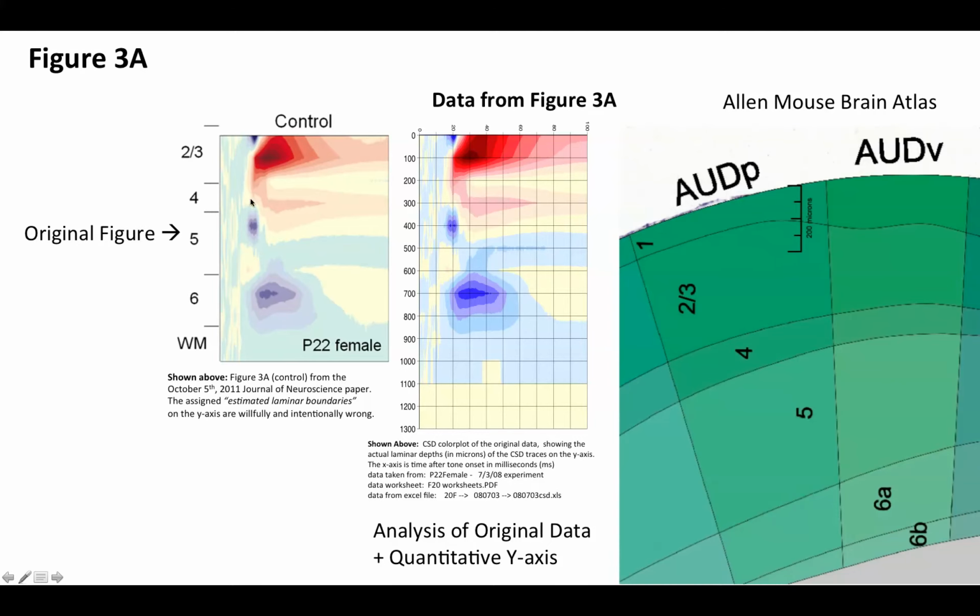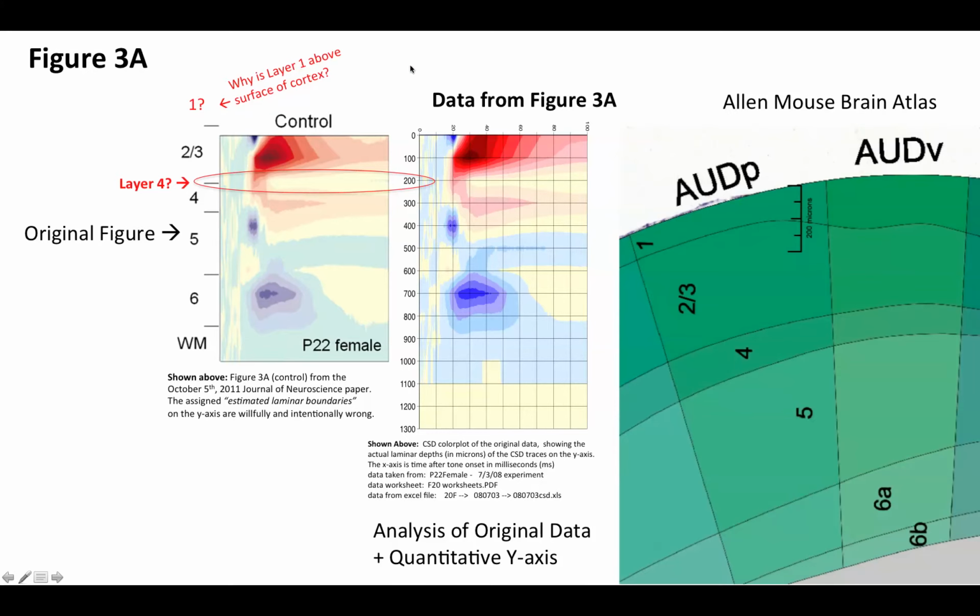Now the other problem with this is that notice right here, layer 4 is at a depth of 200 microns. And they put the entire depth of layer 4 at a depth of only 200 to 300 microns. But that's simply not so. Layer 4 is at a depth of 400 to 500 microns. And of course, the real question is why is layer 1 above the surface of cortex?